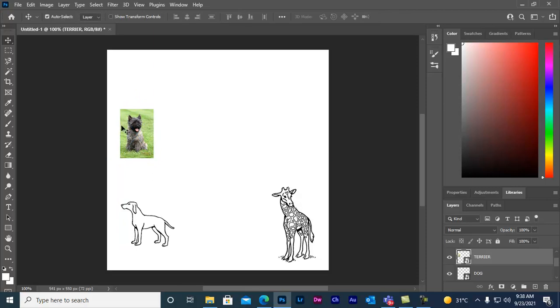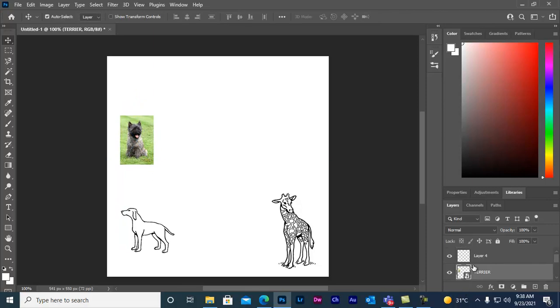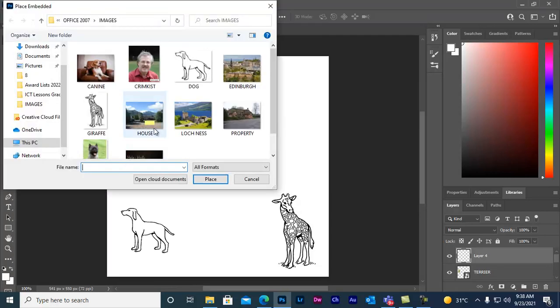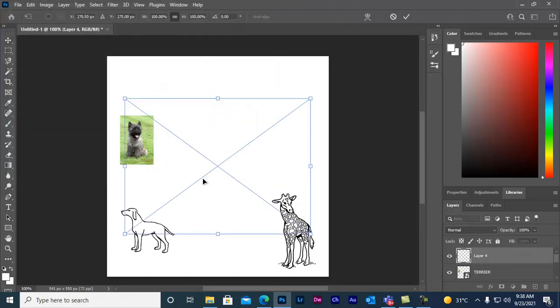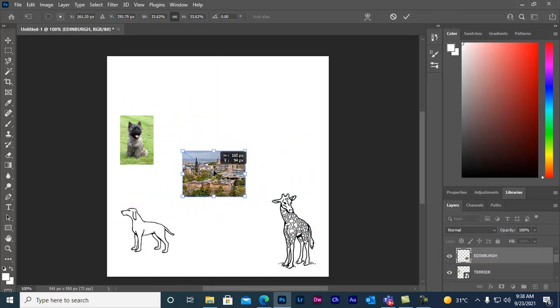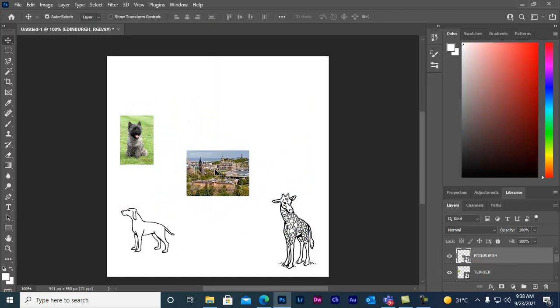Hit the Enter key. Now go to another layer, layer 4, and place another object, for example Edinburgh, this one. So we want to place it here. Now we create another layer.